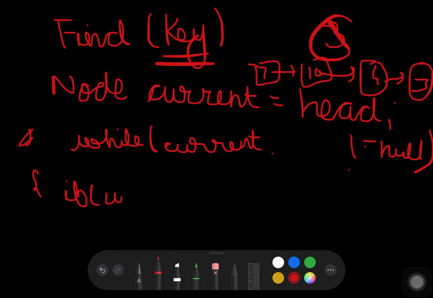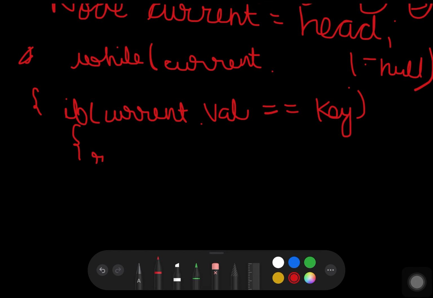If current.val is equal to key, then we will return true.